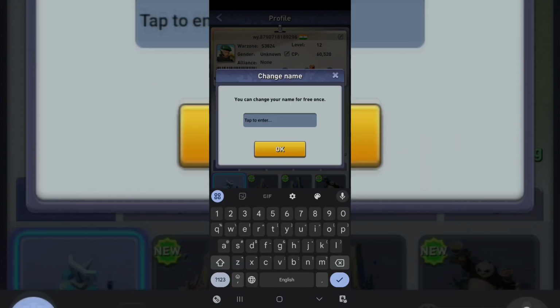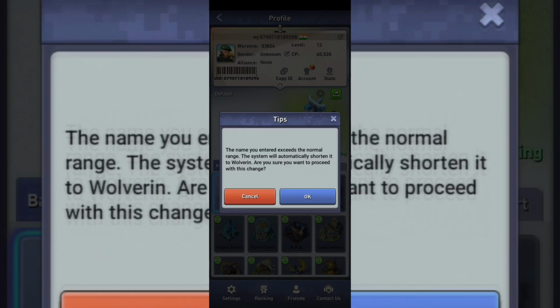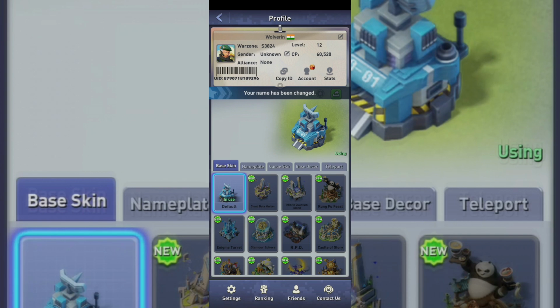Okay, so I'm gonna name my channel name. So let's see, it says the name you entered exceeds the normal range. The system will automatically shorten it to Wolverine. Okay, that's fine. So you can see I have now changed my name to Wolverine, and you can see there's